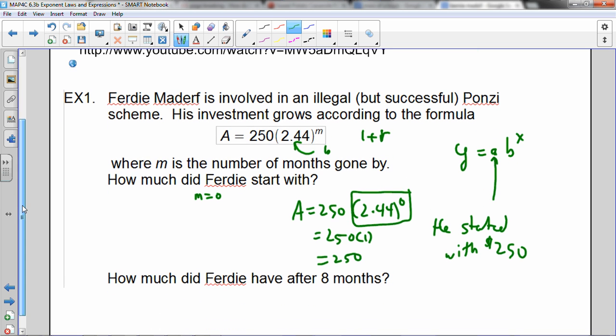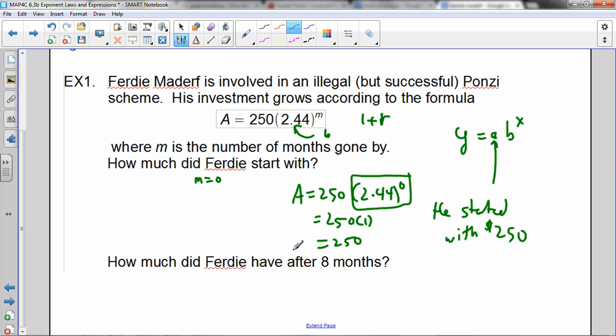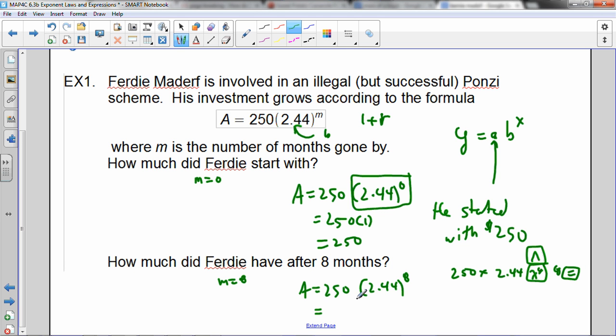How much did Ferdy have in 8 months? Well, in 8 months, M equals 8. And now this is the sort of thing where we're not using exponent laws, right? We're just getting used to putting this into our calculator. So it would be 250 times 2.44, then your exponent button. That one, or if you're using a graphing calculator, it looks like that, or on some other calculators, it looks like that. 8, and then equals, and you should get about,